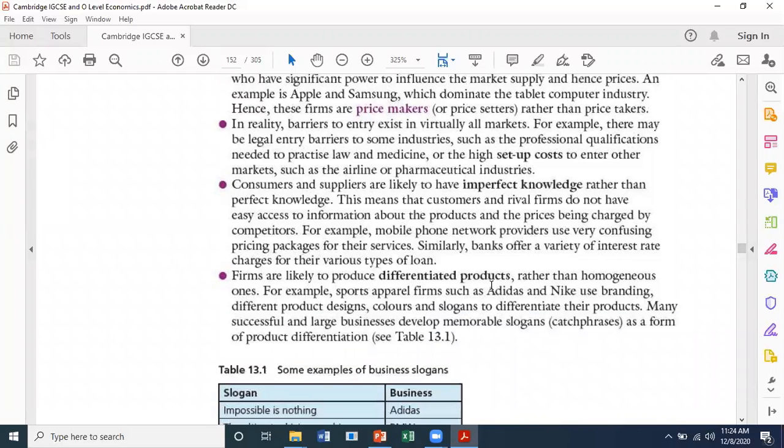Firms are likely to produce differentiated products. Above it was homogeneous products, same products. Here, differentiated products rather than homogeneous ones. For example, sports apparel firms such as Adidas and Nike use branding, different products, designs, colors, and slogans to differentiate